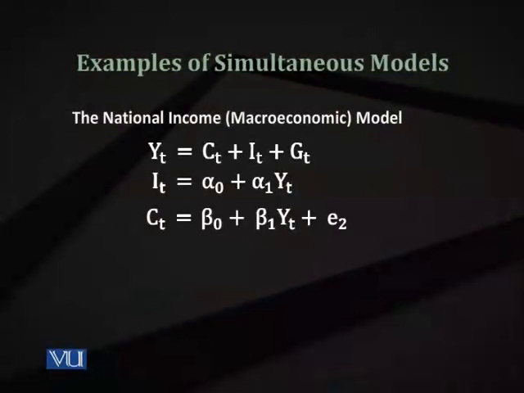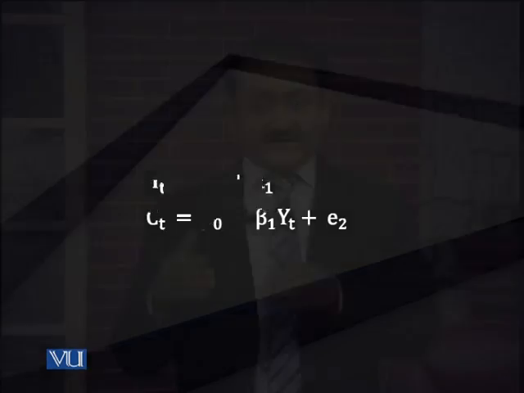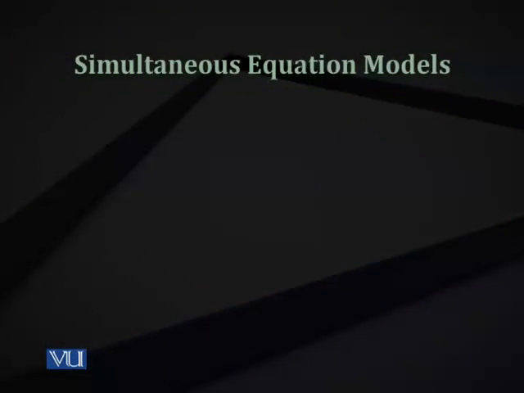Similarly, if you remember the national income models, GDP depends on consumption and investment, but consumption in turn depends on GDP. So consumption may have an effect on GDP and GDP may have an effect on consumption. They are interdependent. So when you estimate an equation of GDP on consumption using OLS, you are not taking into account that consumption is also dependent on GDP. So this simultaneity should be handled in a good way. We do that in simultaneous equation modeling.